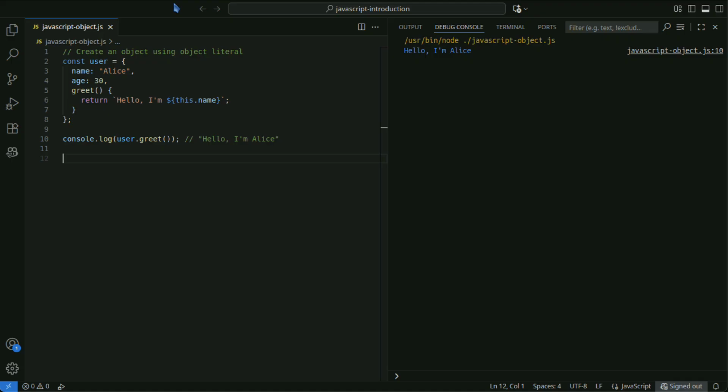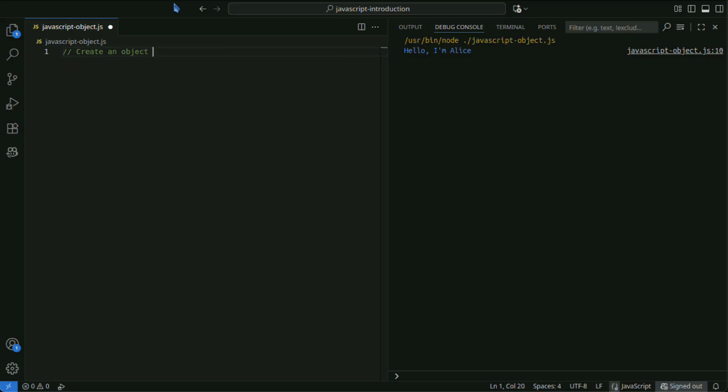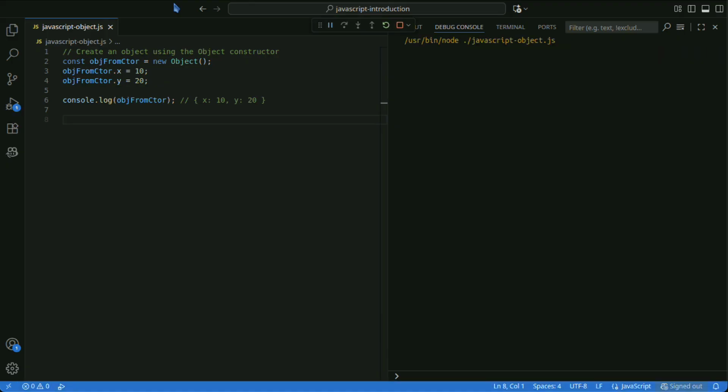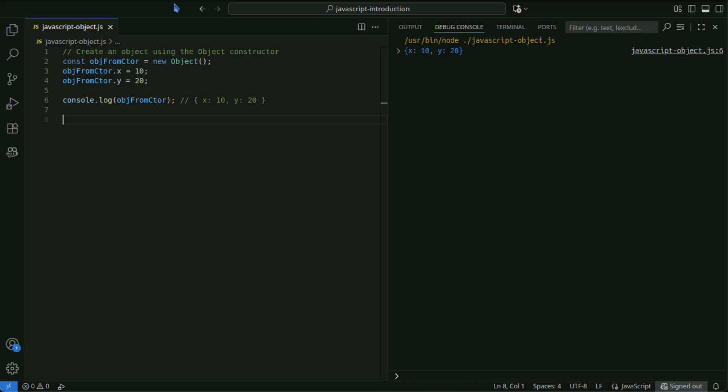The object constructor is rarely used, but it's helpful to understand its behavior. New object returns an empty object, but the literal is shorter and more common.